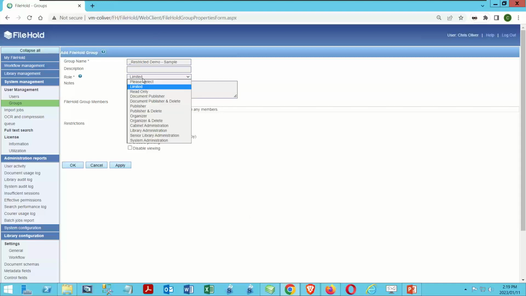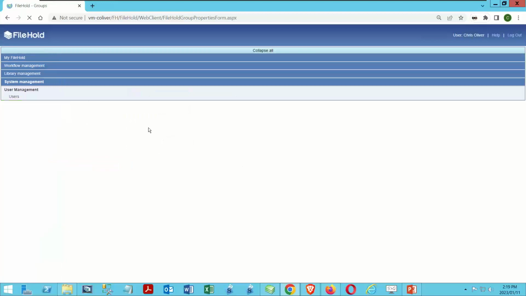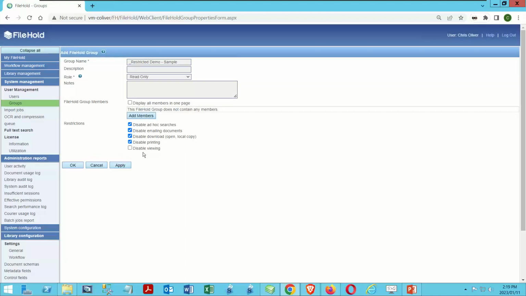So we don't see that as any of the options in here. If I move to read only, it's the exact same set of options. So I have the same five that I had before. But once I move to a document publisher, we gain another one, which is this one right here, disable sending